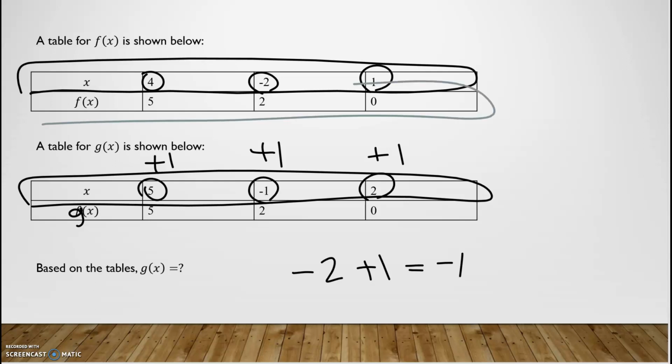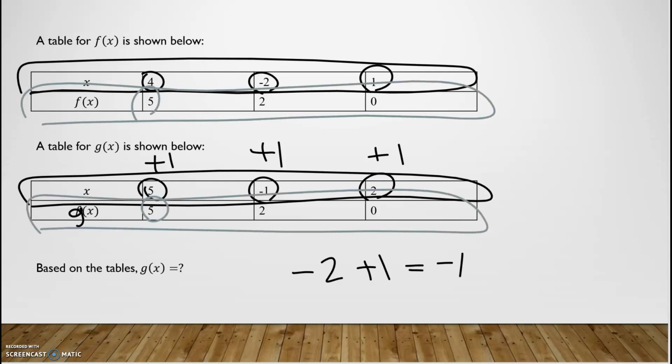Then let me look at my y values, see if anything's different there. Okay, I got a 5, I got a 5, I got a 2, I got a 2, I got a 0, I got a 0. So nothing changed for the y values, just for the x values. Okay, so what we'd